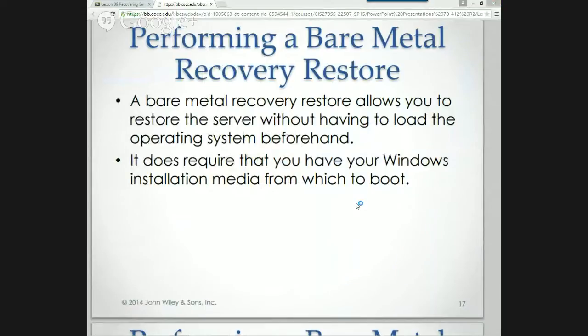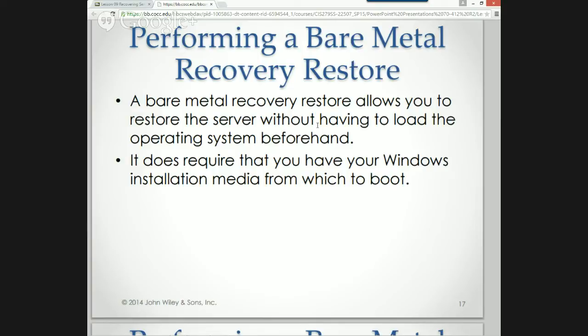So Microsoft, of course, has the ability to use a system image. If we've created a full image, we can do a bare metal recovery, which allows you to restore the server without having to load the operating system beforehand. That's how, I'm so dang old, that's how you had to do it if you were using Windows backup. So that's another reason, Gordon, that Windows backup wasn't real popular: it only worked if I first restored the operating system, then restored my backup over the operating system that I just installed.